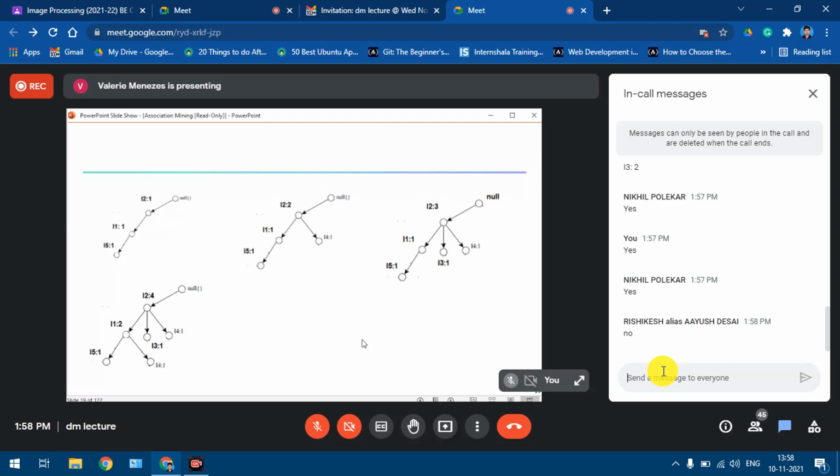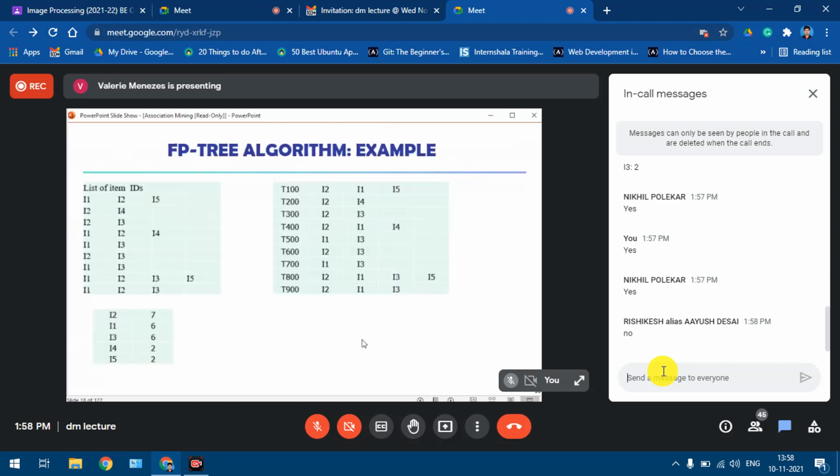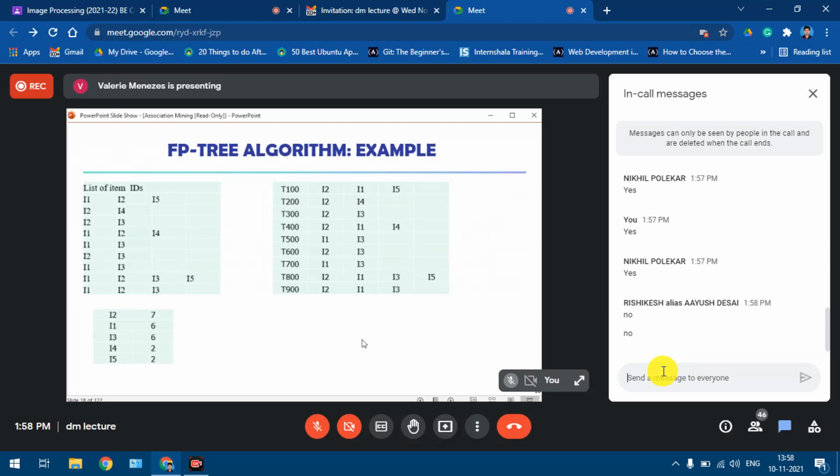And what about the previous slide? Have you noted the contents of this slide? Have you noted? Why? I told not to note it down, Rishikesh. Rishikesh, just take a screenshot, please, from your phone or whatever, and then I will shift the slide. Can you do that, please? Rishikesh? Yeah, have you taken the screenshot?